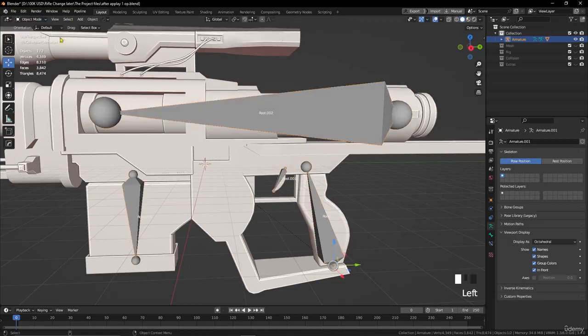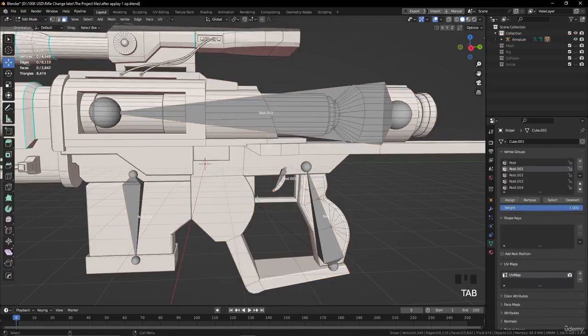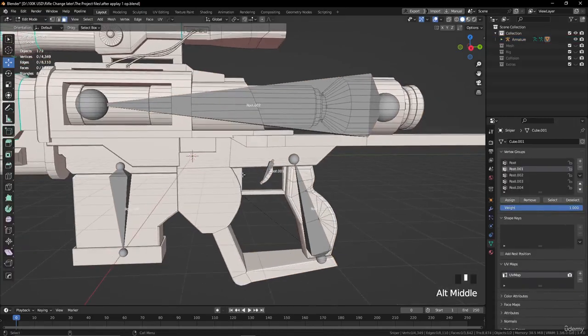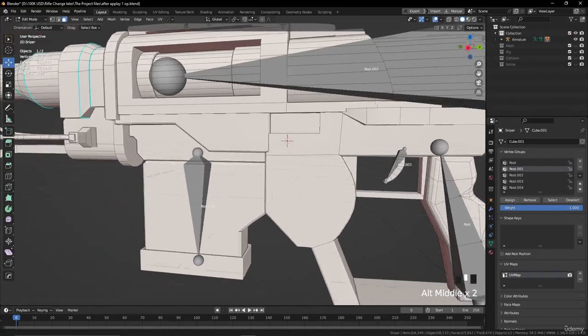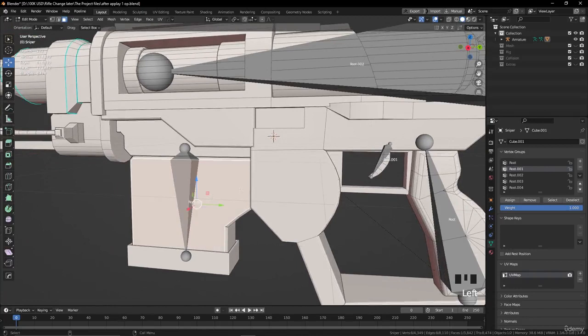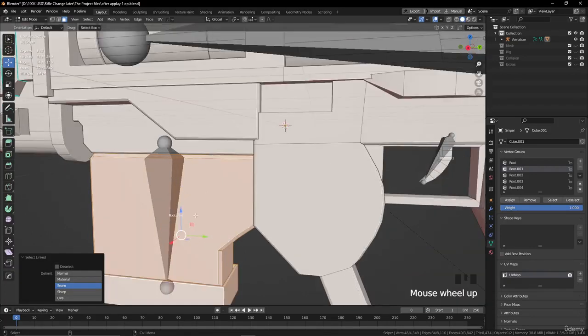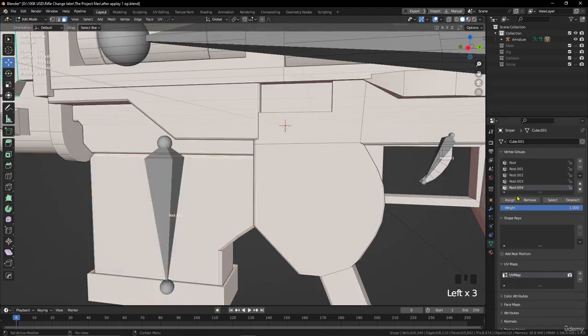Okay, now let's go back to object mode, select the sniper, and let's continue doing the same for the rest of the parts. Okay, after we finish the root one trigger, let's do this one, magazine. Select anywhere and press L to make the island selection, or press Shift and select down here and press L again, so it's going to select this area and this area. Now go to root 4 and just press assign, and if you can check here,